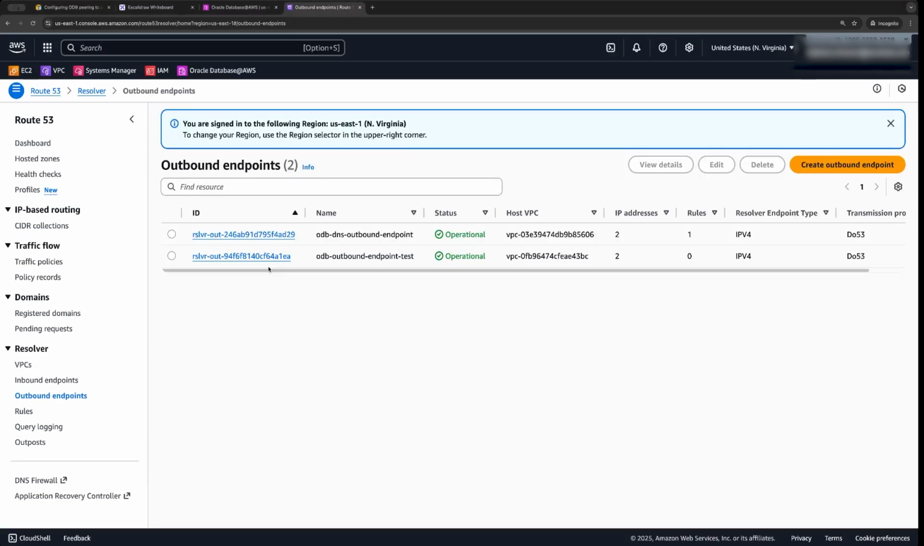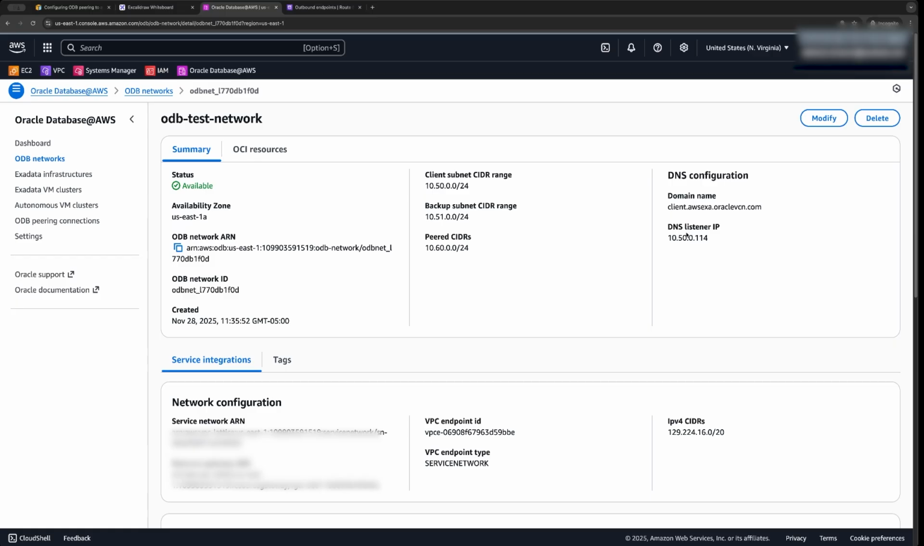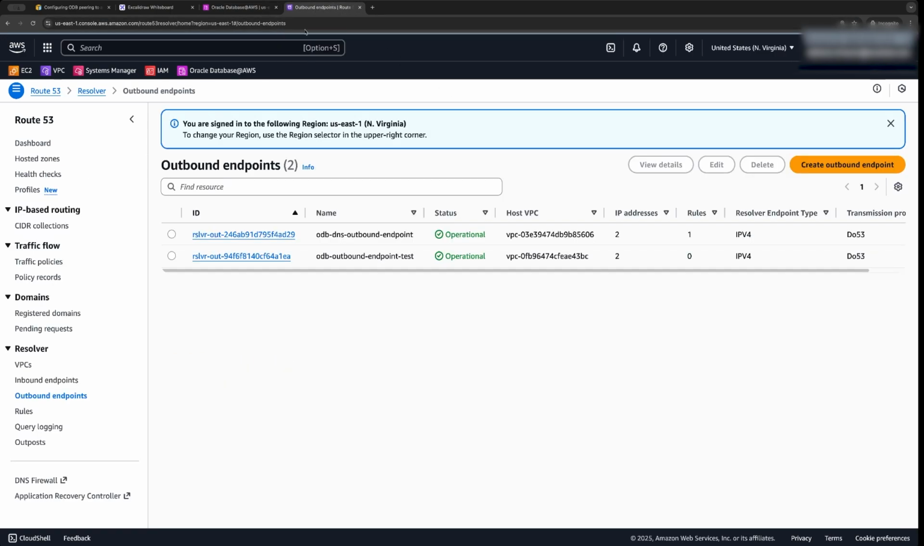Now our outbound is created here. So the next thing to do is basically creating the rule. So we need two things for it. We'll need the domain name and then the listener IP. So we'll just go on the console on the VM cluster, and here you can see the DNS listener IP and the domain name. Both can be found from here. So we need to go back to the Route 53, and then we'll create a new